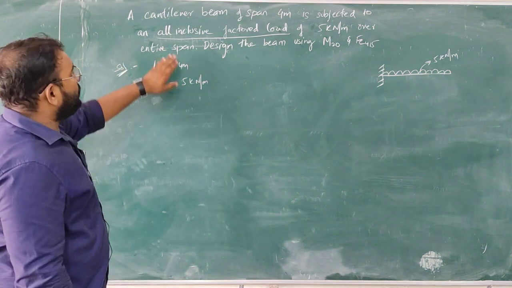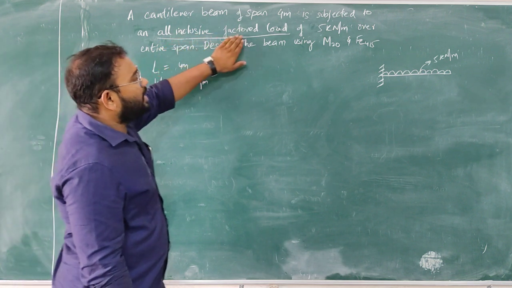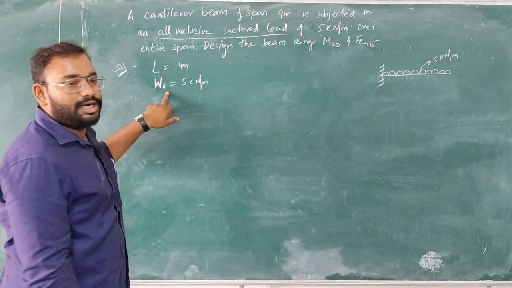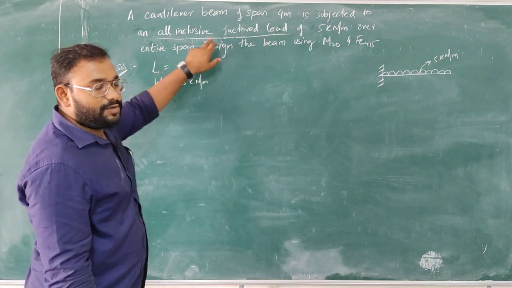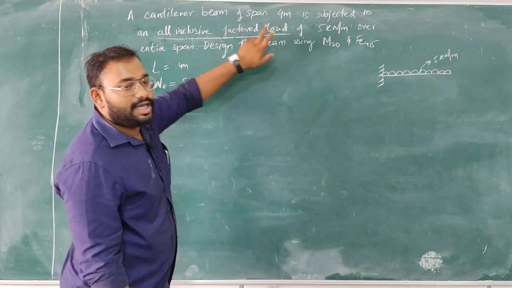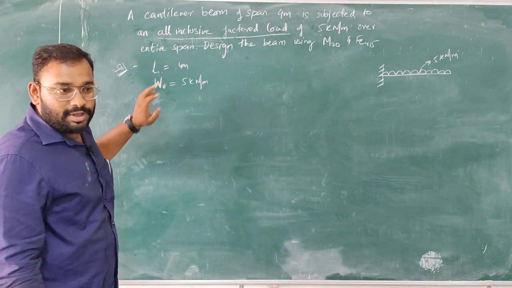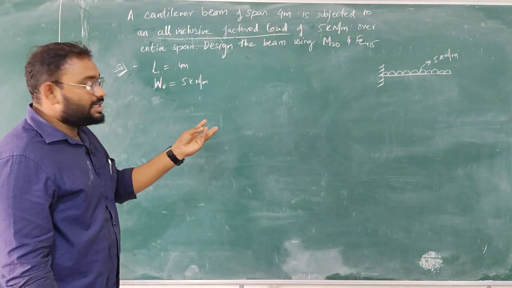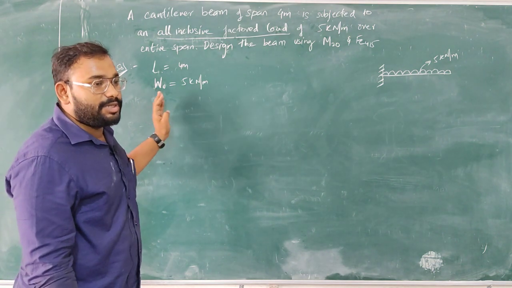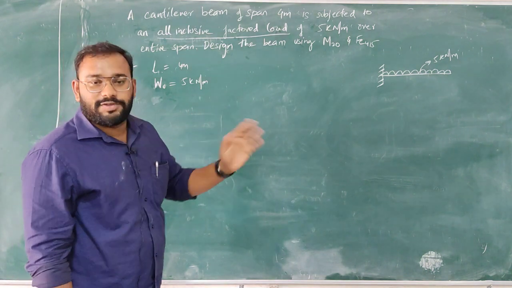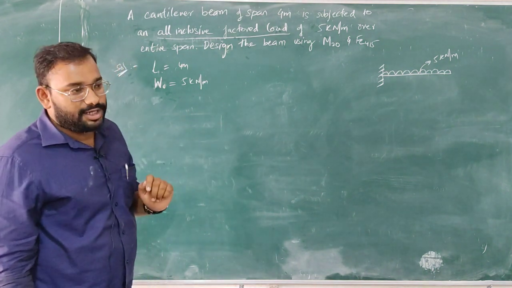It can also be given like this: all-inclusive ultimate load. It means the same. Wu means ultimate. All-inclusive ultimate load means factored load. All-inclusive design load means the same. All-inclusive factored load means the same. Design, factored, ultimate, all these mean the same. What do they mean? It is multiplied by the factor of safety. You need not multiply with the factor of safety again.